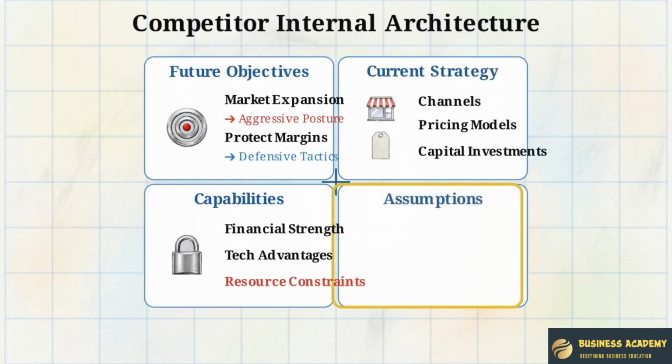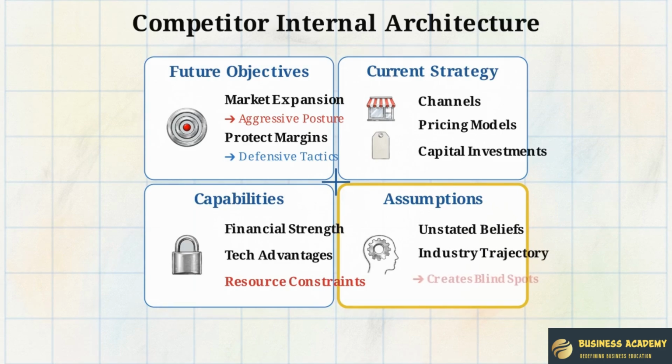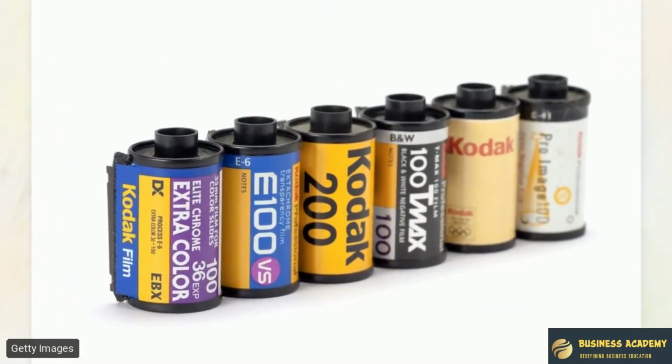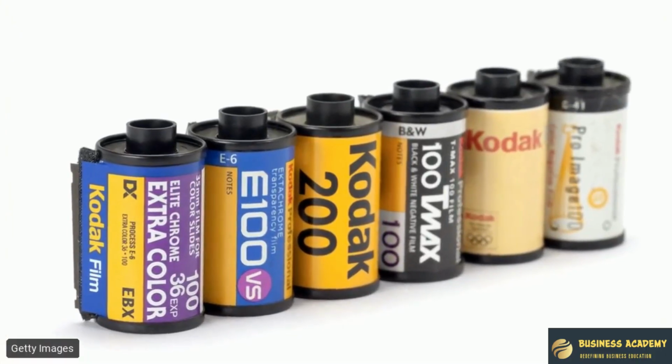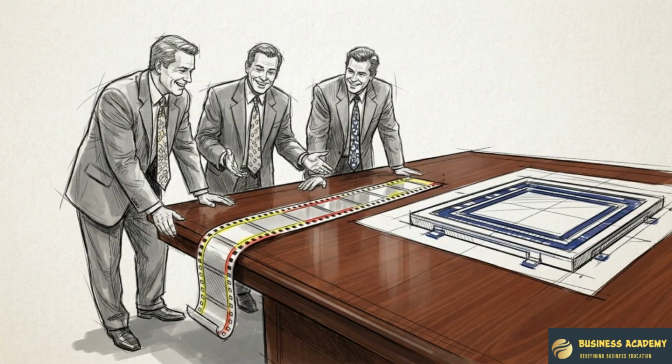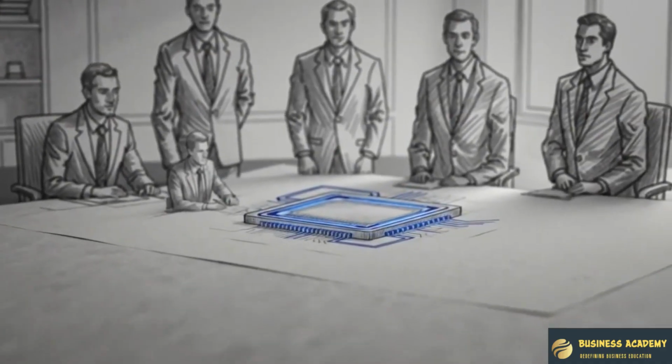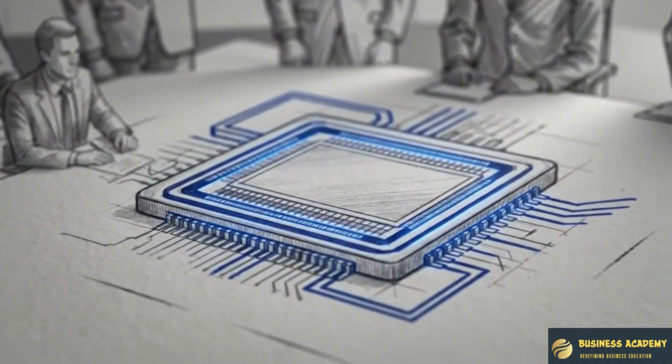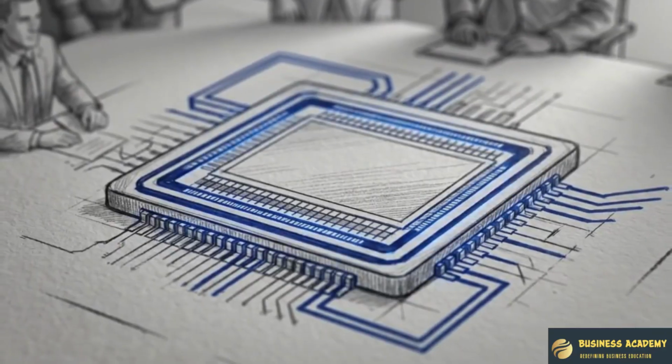The final component is assumptions. These are the unstated internal beliefs a leadership team holds regarding their own position and the trajectory of their industry. Consider the legacy of Kodak and its total dominance in the physical film market. Kodak's leadership operated on the strict internal assumption that digital photography would never achieve the quality required to displace physical film. That single belief dictated a rigid set of behaviors, blinding them to market shifts and allowing agile competitors to